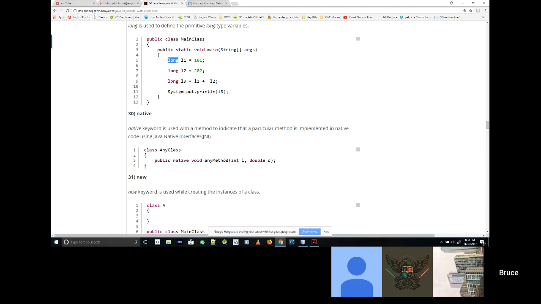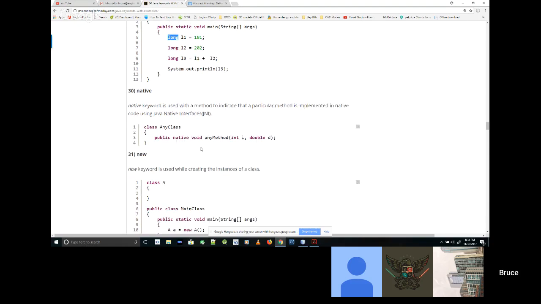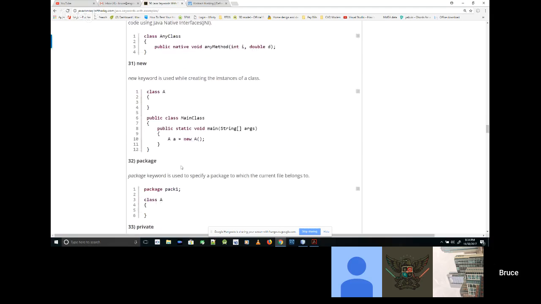I've tried doing this and I haven't finished an implementation with native, so it's not used that often. If you usually need to implement something, you just implement it yourself. But I've never run across a situation where it's only been available in another language and I've had to sneak into it and figure out how to call it.